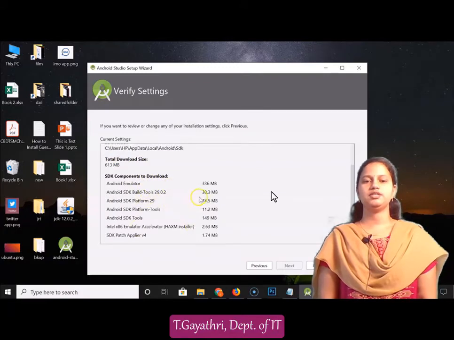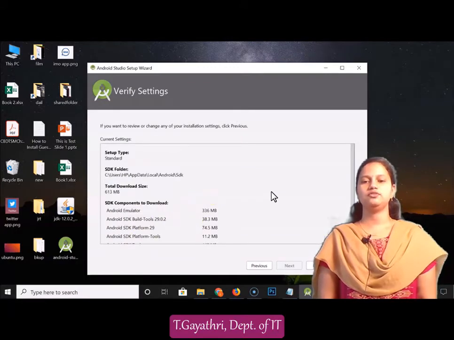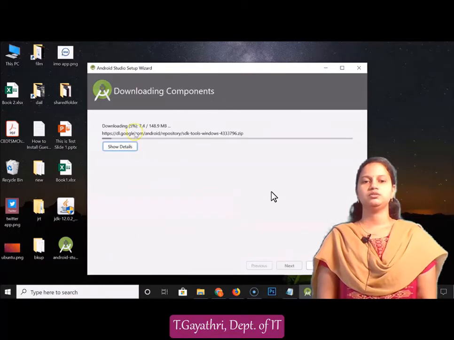These are the different SDK components. Click on finish. Then downloading begins, and the downloading percentage will appear. Just wait until the downloading is complete.